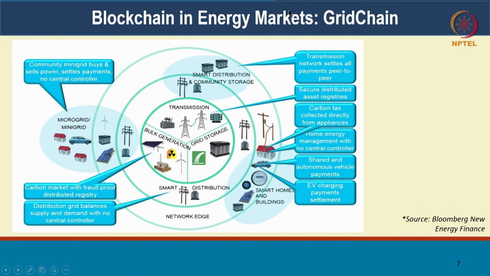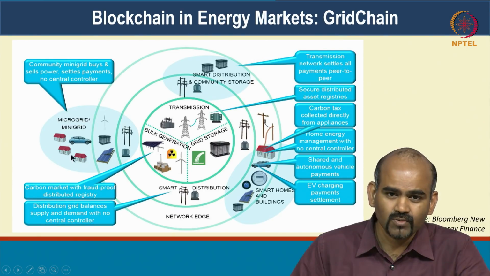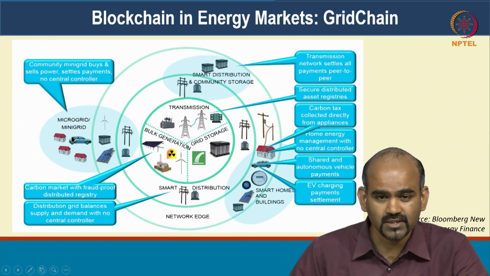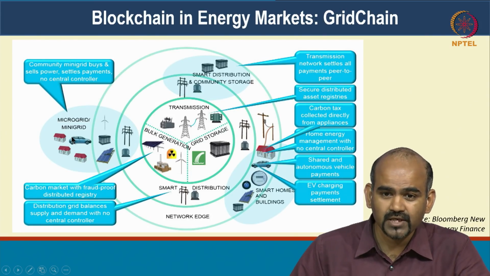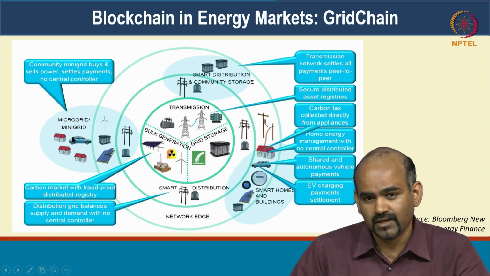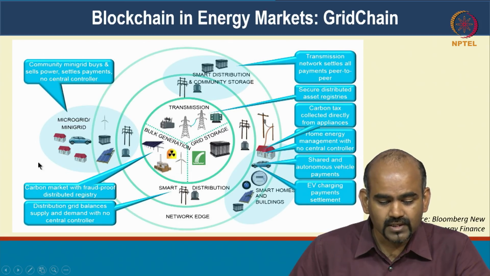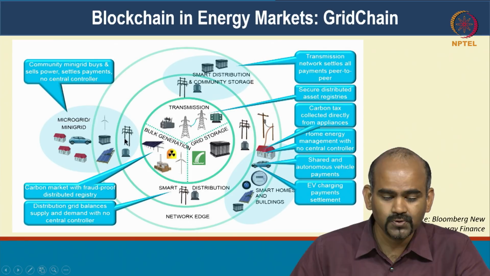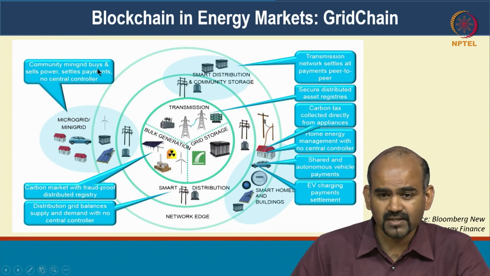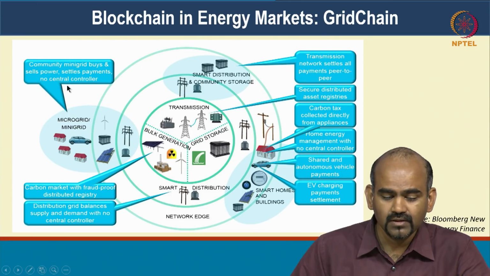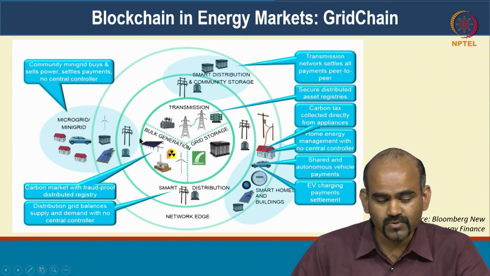So energy markets. So here, let's say there is a microgrid. Maybe this is solar, right? So there may be homes. It could be small grids that are existing that are all connected with each other in a small microgrid. So these microgrids are actually emerging today. India is also very big in the solar space. We're growing, and the Prime Minister has set a target for us by 2022. So there are these microgrids which have a need to match supply and demand again between producers of power and consumers of power.